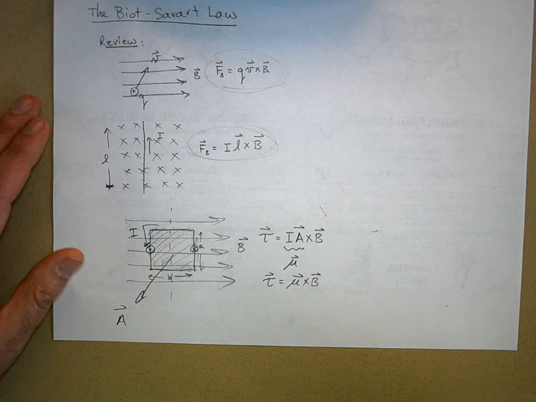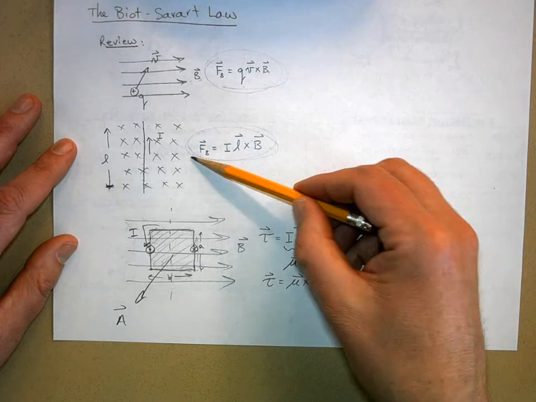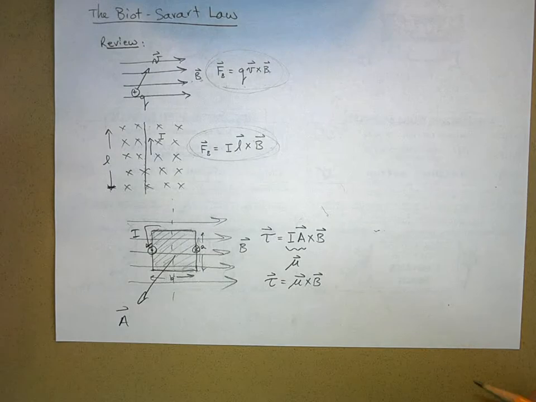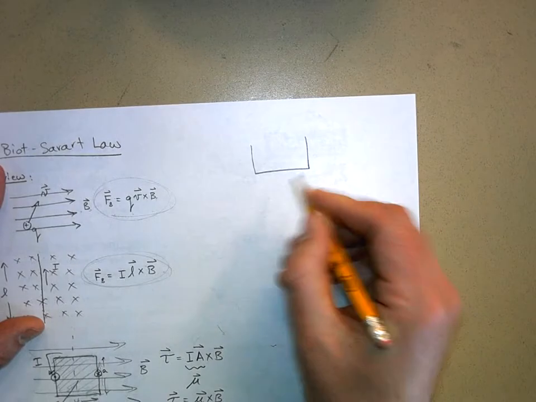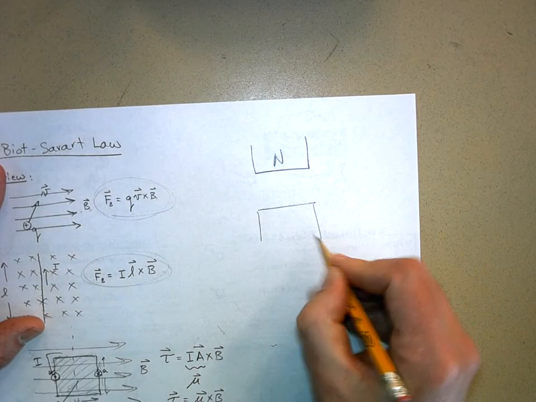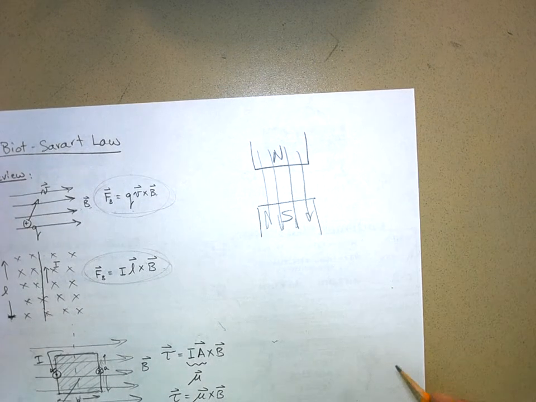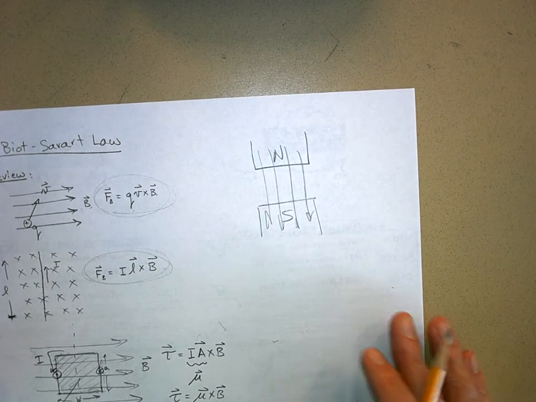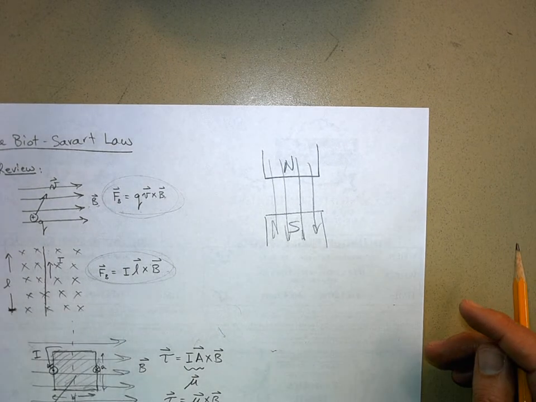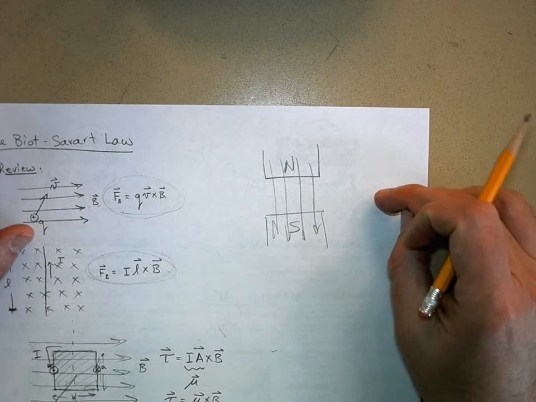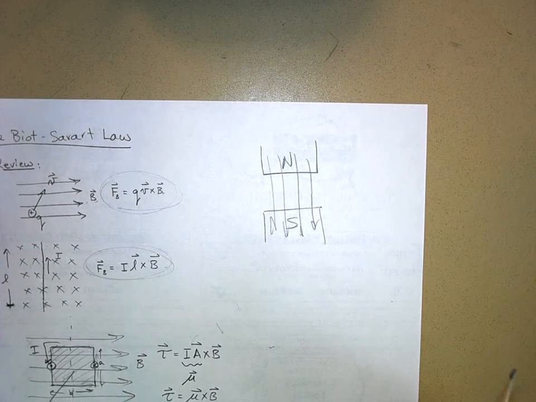Okay, but where did these magnetic fields come from? I mean, when we started, we just talked about having a bar magnet. We said, here's the North Pole and here's the South Pole of a magnet, and we've got these magnetic field lines like this. But I just kind of said that. I didn't really say where this came from. So that's what we're going to talk about, is what is the cause of magnetic field? And it turns out to be